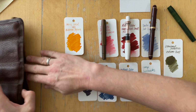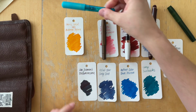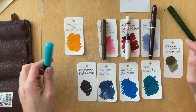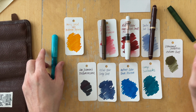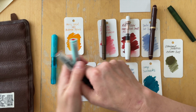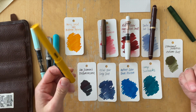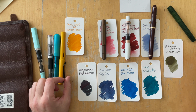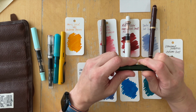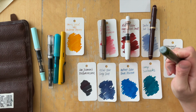I looked at all the pens that I own, and I knew that this one was a favorite in the previous ink rotation, so I pulled this one out. I hadn't really used many TWSBI Ecos, so I pulled some out here, and then I knew I needed to use a Lamy because of the 1.1 stub nib. I also wanted to test out or keep using the broad nib that was in